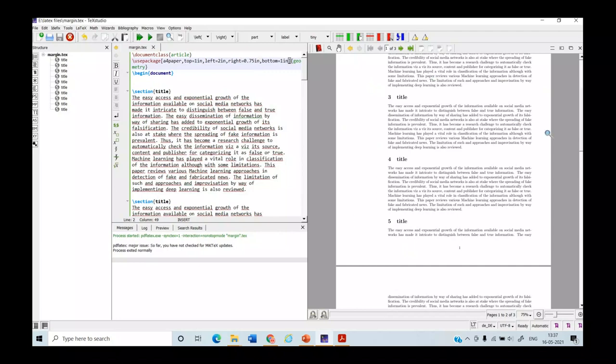Okay, so it is the way by which you can set the paper size, then set the different margins. If you want to set the same margin for all sides, then simply write margin with the value. If you want different margins for different sides, then you have to write these 4 options separately. Okay.